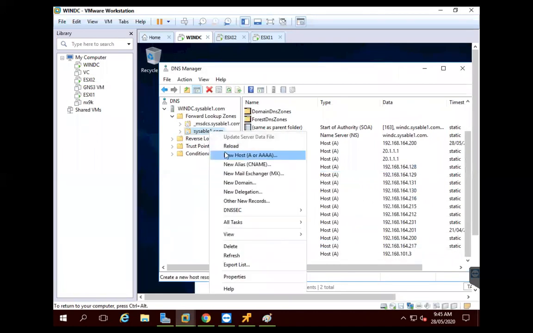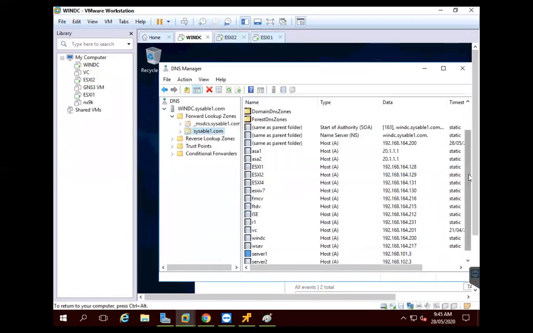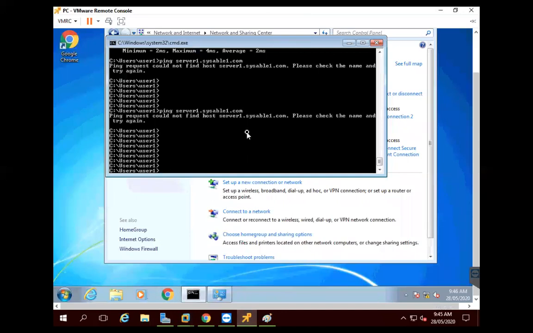I'll go ahead and create a new record, that is server 2. And the IP address for server 2, add host, done, done. Just make sure that there are no spelling mistakes. Okay, so I'll go ahead and see.